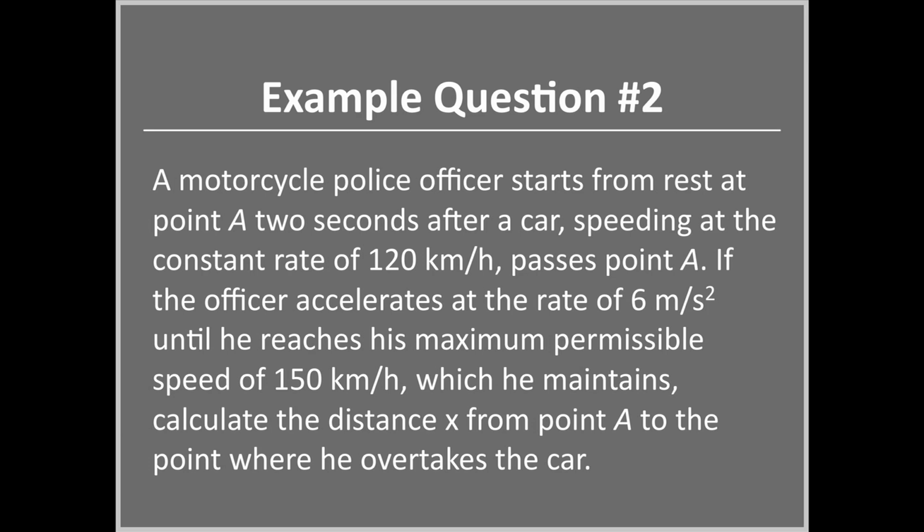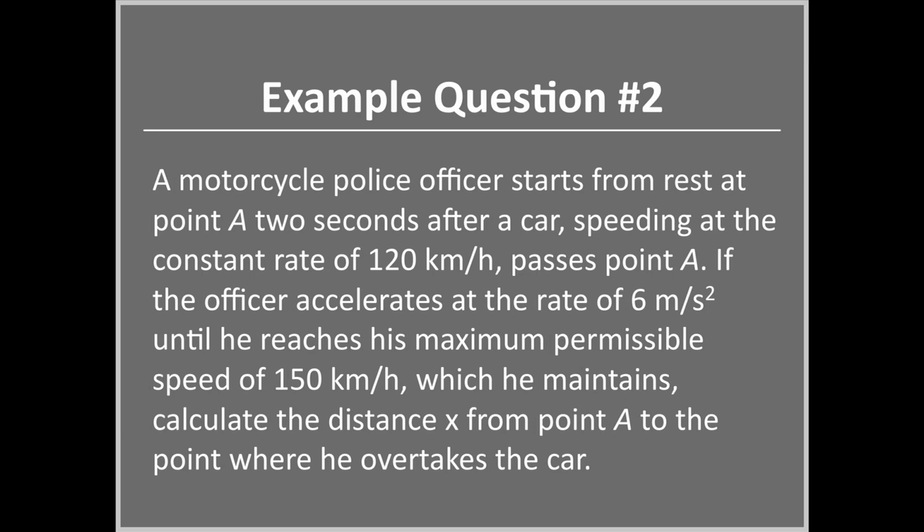This question reads, a motorcycle police officer starts from rest at point A 2 seconds after a car, speeding at the constant rate of 120 kilometers per hour, passes point A. If the officer accelerates at the rate of 6 meters per second squared until he reaches his maximum permissible speed of 150 kilometers per hour, which he maintains, calculate the distance x from point A to the point where he